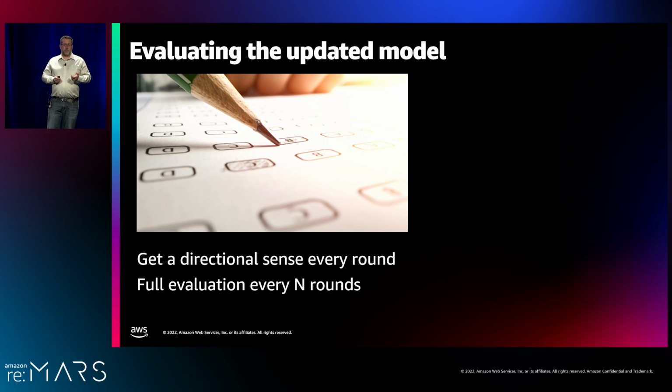And we do this every round because, remember, these rounds are 30 minutes. If we were flying blind for too long, we might waste a lot of time on a model that's just getting worse. Every so often, we also want to get a really strong sense of how the model's performing. So every 10 to 50 rounds, we'll do a full evaluation on all of our test sets. That gives us enough information to know whether this model is production ready or not. We don't do that as often just because it's expensive and slow.